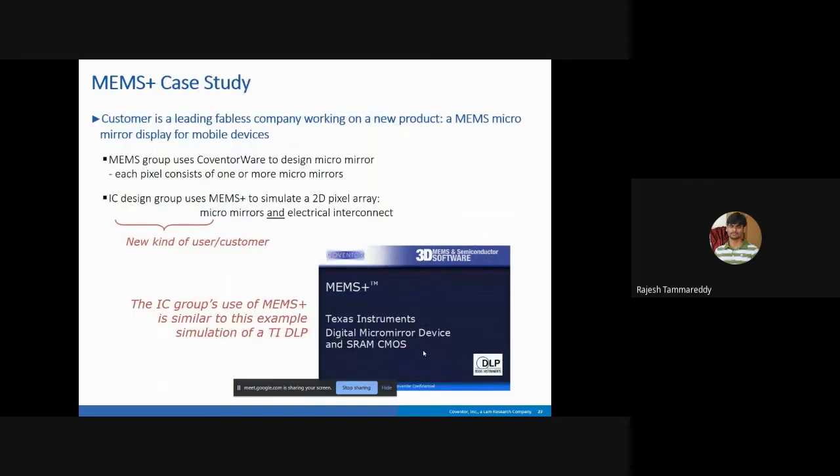Yeah, so that is about the MATLAB part, right? So we'll see the Cadence integration. This will be very interesting for you to see because this is a real application. This is a DLP micro mirror from Texas Instruments. Okay, so this is a device used in projectors basically. So we'll see how this can be created in the software and how you take advantage of multiple complex simulations using this integration with Cadence. Okay, next.